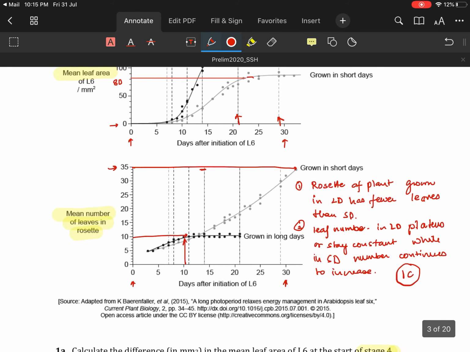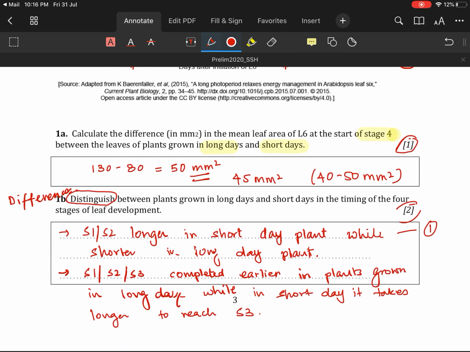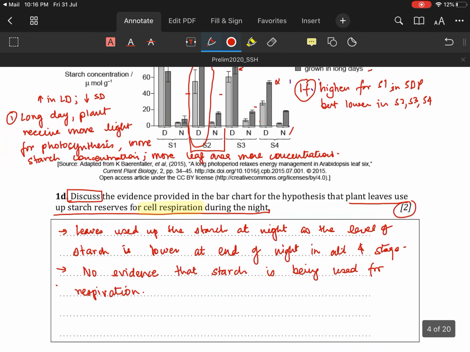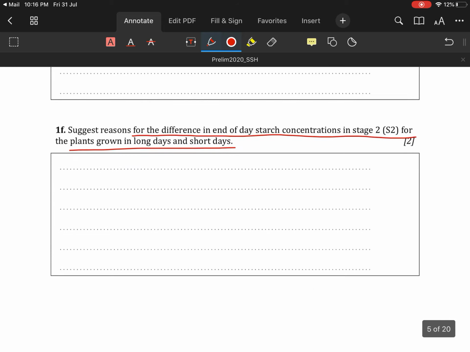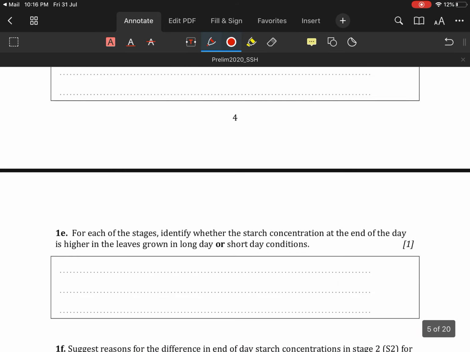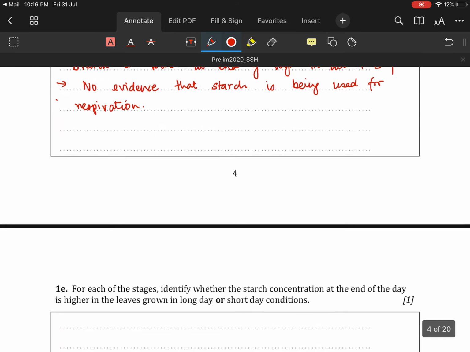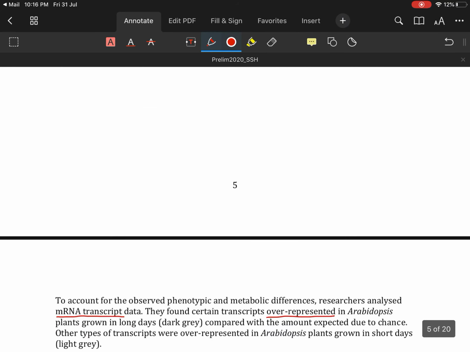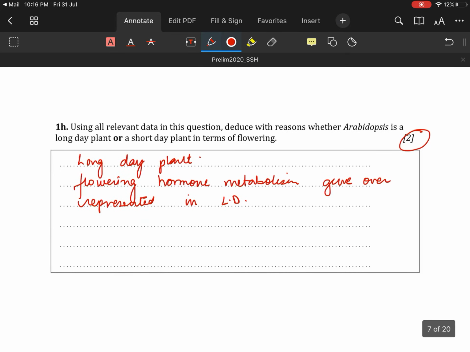So you see the number of leaves are more in the short day and less in the long day. Why is it so? Because during long day, the metabolic process of flowering is happening, which is not letting more leaves to be produced. You understand? So during long day, there are fewer leaves